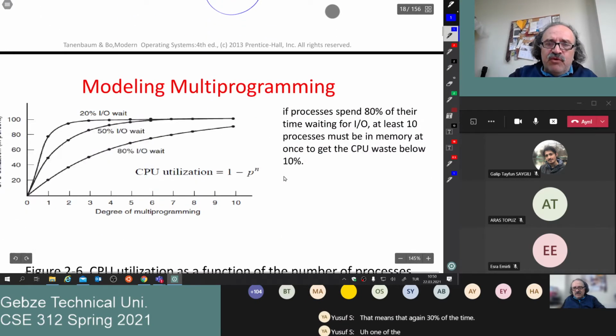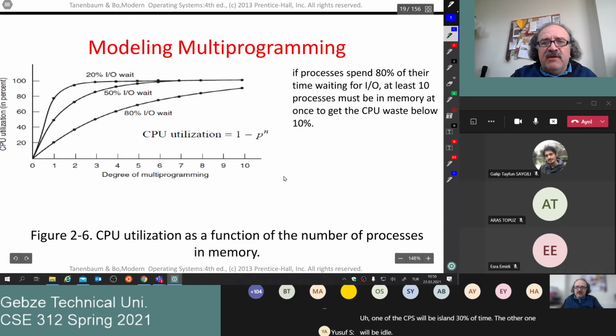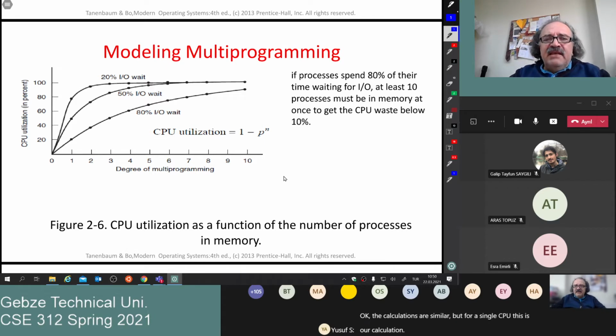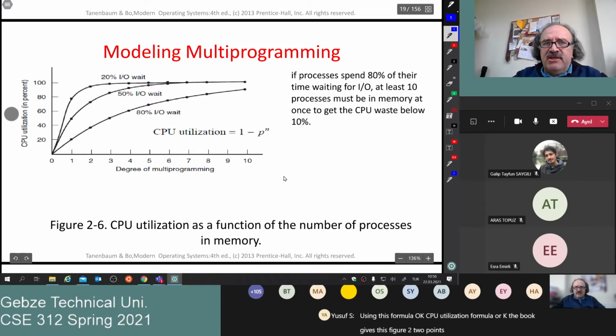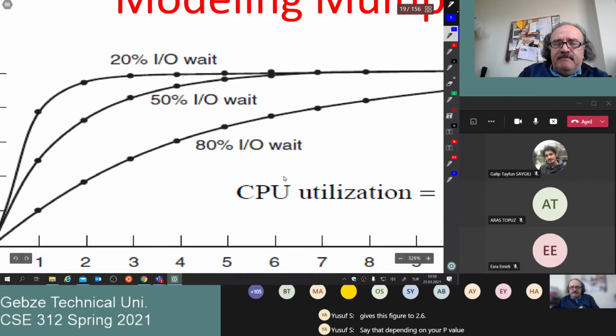Using this CPU utilization formula, the book gives this figure 2.6, which says that depending on your p-value, these are my graphs: degree of multiprogramming, or the number of processes, versus the CPU utilization. If my P is 80%,